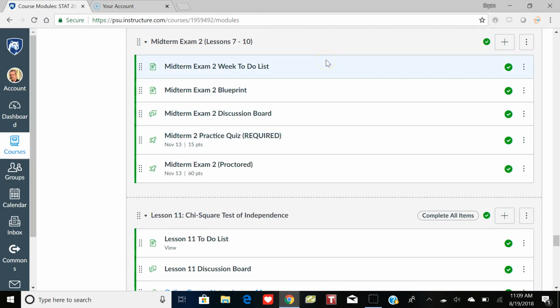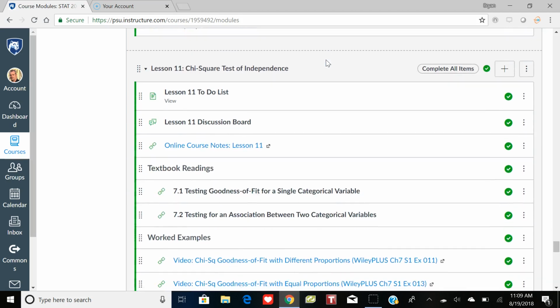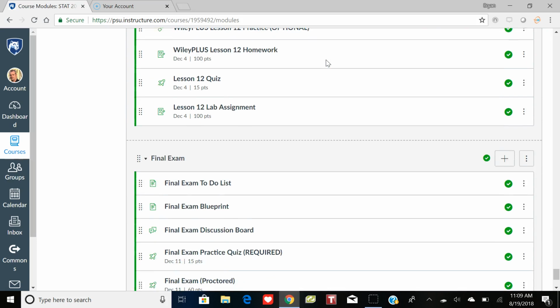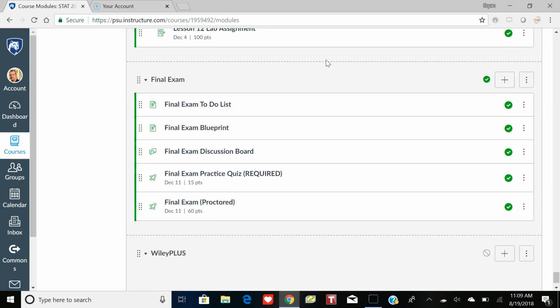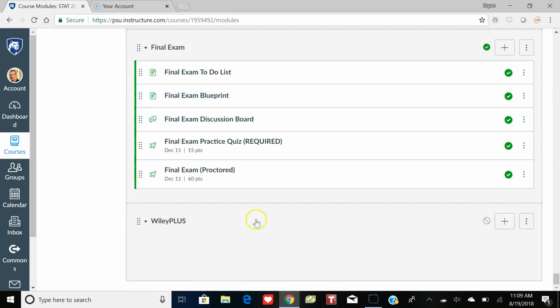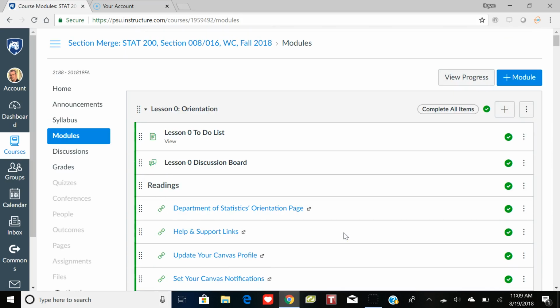So by then you're somewhere into late October, or in the spring you're into probably late March. And then we'll finish with just a couple more lessons, 2 to be specific, and then the final exam. Okay, I'll populate this Wiley Plus with some additional features as the course moves on.